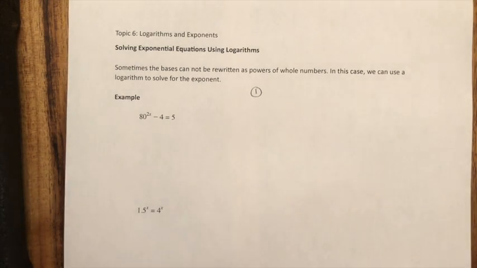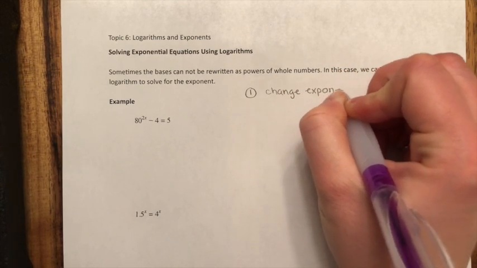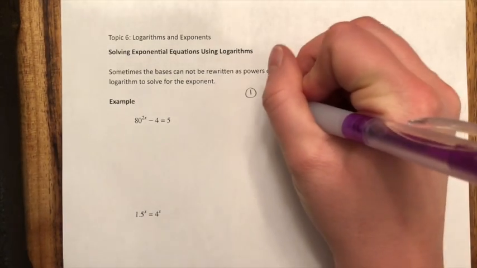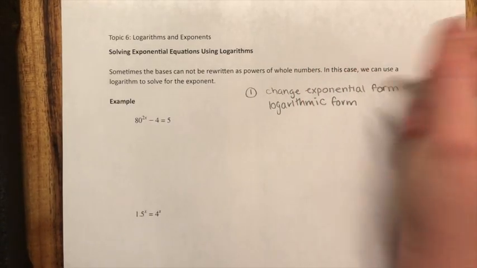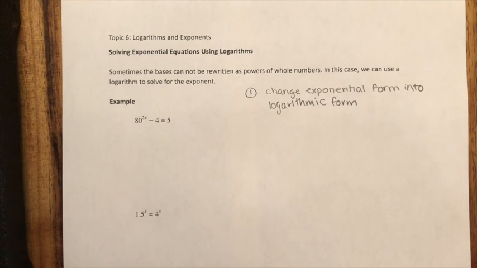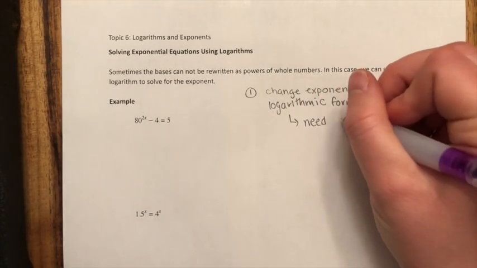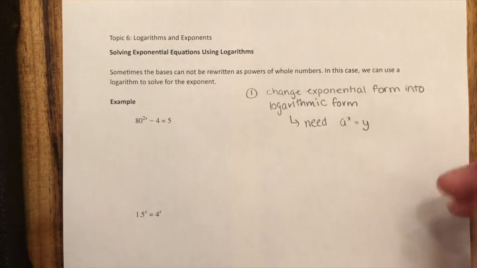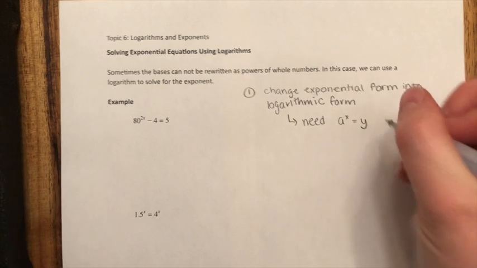turn this thing from exponential form into logarithmic form. Okay, so basically the condition for that is that you need something like a to the x equals y. So it's got to be one concise, there's one exponent, there's one answer to said exponent, and then we change that into